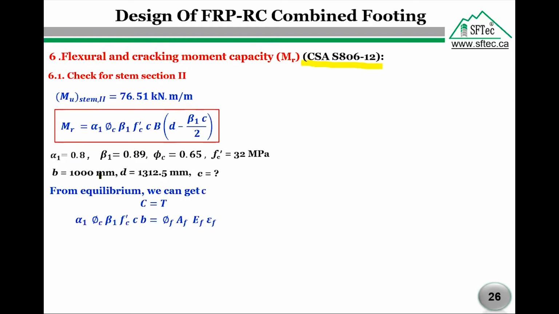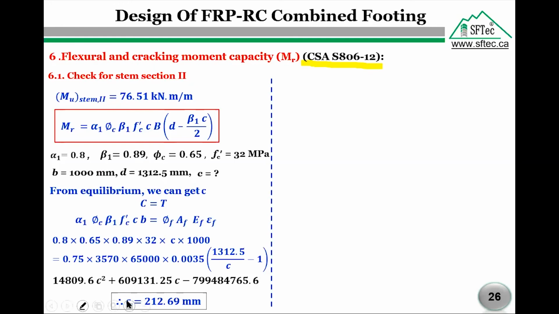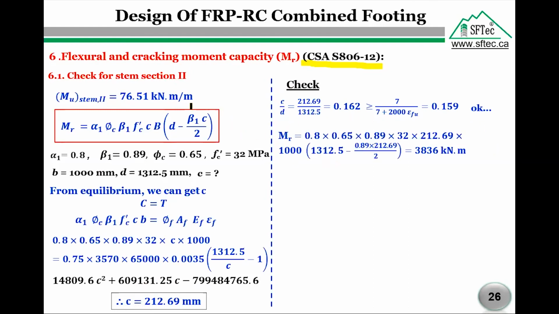So from equilibrium, we can get C. Therefore, C equals 212.69 millimeters. Before calculating the flexural moment capacity, we need to check the ratio between the neutral axis depth and the effective flexural depth, and this ratio should be greater than this value. This value equals 0.159. The flexural moment capacity, by substituting all variables in this equation, is 3,836 kN. By comparing the flexural moment capacity and the maximum factored moment, the flexural moment capacity is greater than